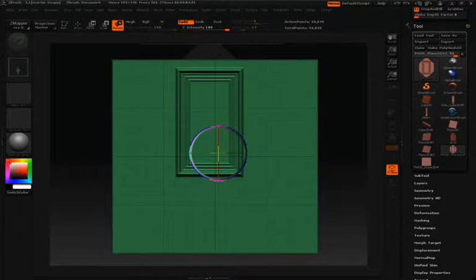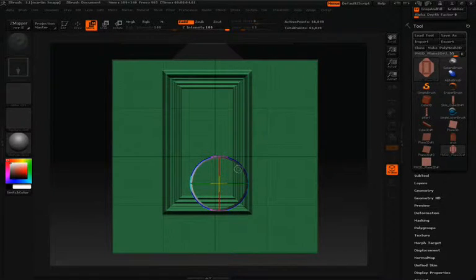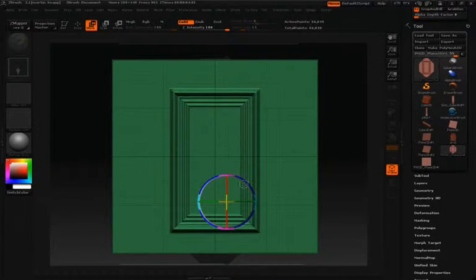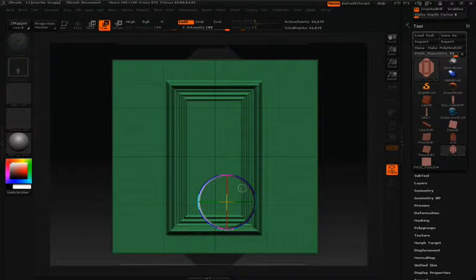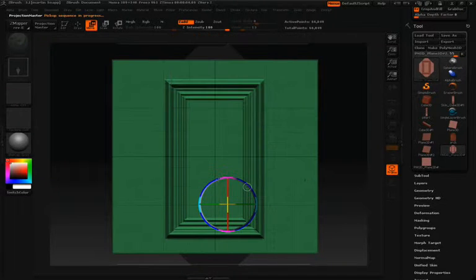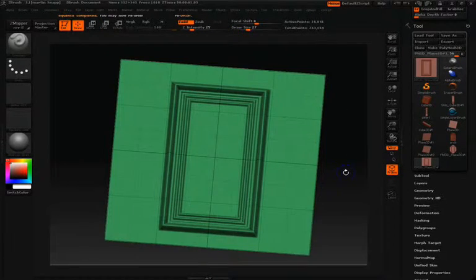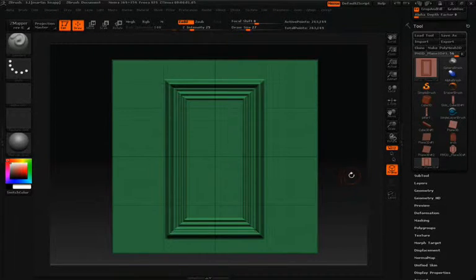Right on top of our plane, we'll click the move option so we can position that where we want it to be. And we're doing this right on top of the poly mesh that we've created, which has a uniform layout. We'll pick that up, and once we do, it's projected. So now we have the same thing, except our polygons are looking nice and clean and not stretched out